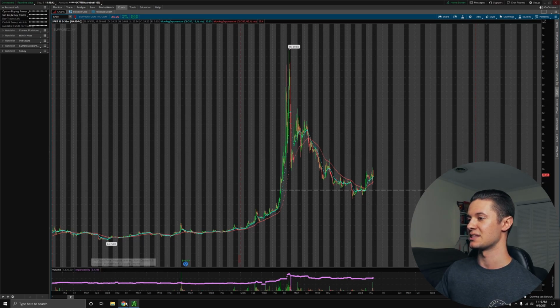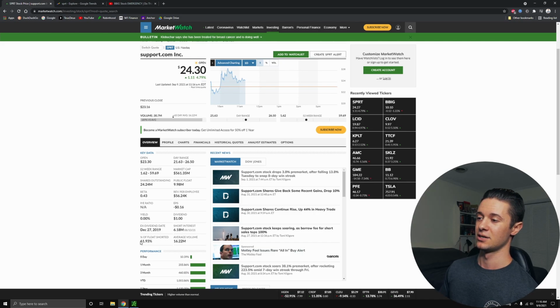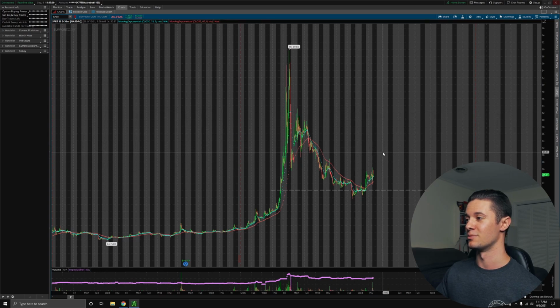Well, one interesting thing that I've noticed, and I've talked about this in some of my other videos, is obviously the percent of float shorted, 61.93. That's why everyone is interested in this stock, because it's a very high percentage of float shorted. And actually, some other stock tracking platforms suggest that this percent of float shorted is much higher, and I will be using those in some future videos. But for now, Market Watch is good enough, and you can see that that equates to about 6.18 million shares. Now, if you multiply that by the stock price, that's almost 120. It's more than 120 million dollars, and that's not the most significant amount for institutions to be holding in short